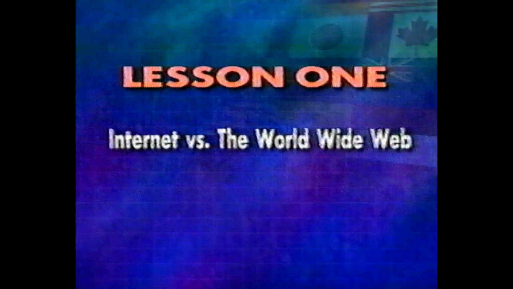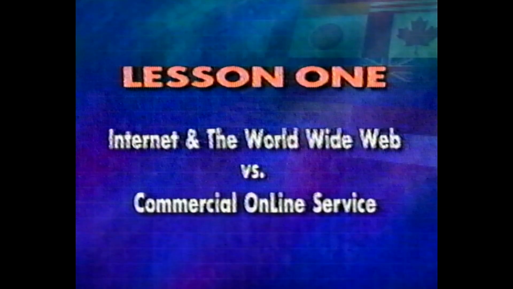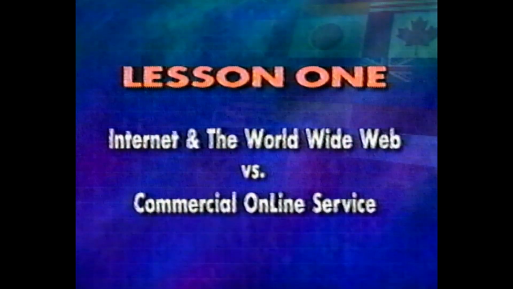That's it for Lesson 1. In this lesson, we talked about the differences between the internet and how it differs from the World Wide Web. We also took a look at the differences between the internet, the World Wide Web, and commercial online services. In Lesson 2, we will get busy. We'll look at a very crucial step in getting your personal computer hooked up to the web, which is finding an internet access provider to connect your computer to the internet. We will also take a look at a graphical browser and learn how to take full advantage of history lists, bookmarks, email, and other graphical browser features.